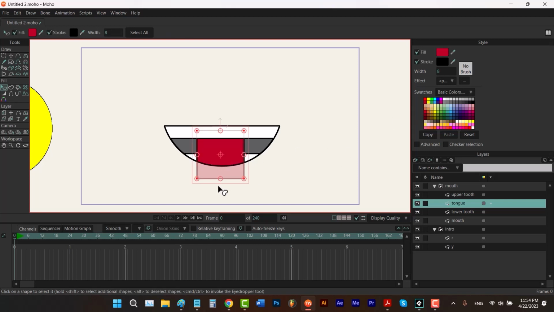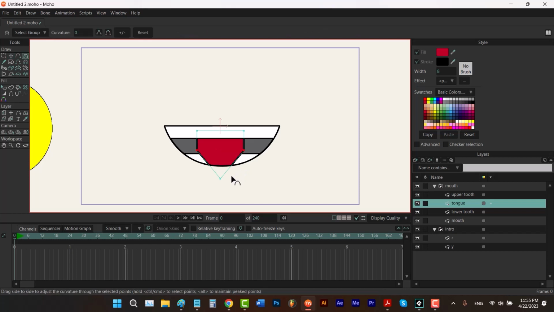Then I'm gonna hit the T key, hold down the control and select these two. Then I hit the G to select the select point tool and click on a split to add a point in the middle of this line. Then I hit the T key, hold down the control and select this point. Then I hold down the shift and control at the same time and select this point to add to my selection. Then I hold down the shift and drag this to move these 2 points vertically.